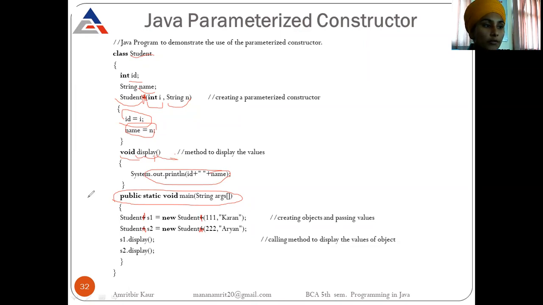So when this program is executed, control will come to the main method. Then it will enter the class curly braces. So firstly this line will be executed. Now control creates this object S1. It is passing two parameters, int and string, so it will go to the constructor.